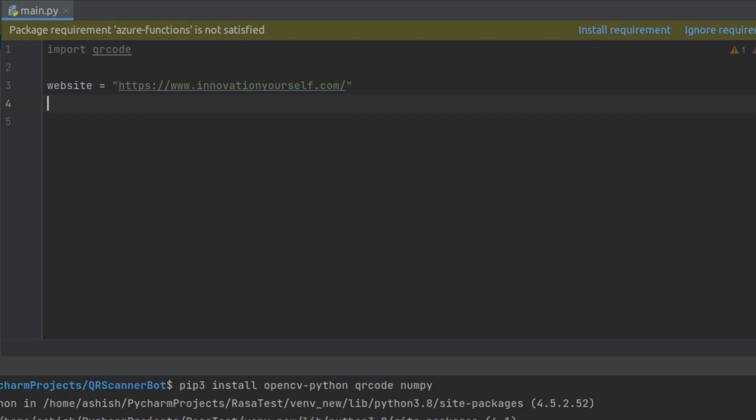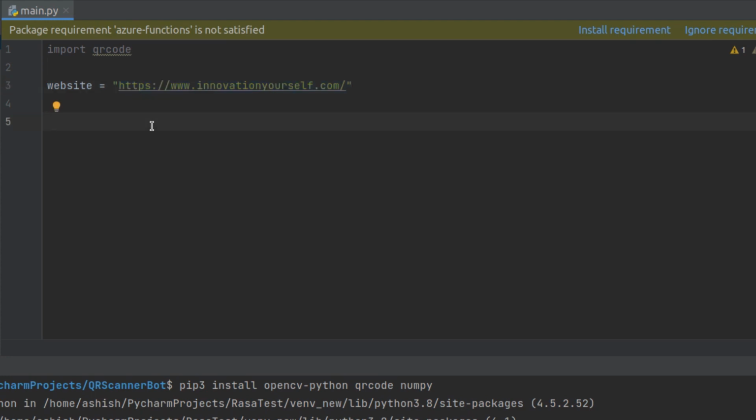Now you have provided the data, the next thing is that you have to provide the file name. And what file name am I talking about? I'm talking about a file name in which I will be having my QR code, because right now we are just generating a QR code, so that whenever I scan that QR code, I will be redirected to this website which I have provided. Currently I'm adding this website just for demonstration purposes, but when we will be linking it to the Rasa chatbot, we will provide the chatbot's website. So this is what we have done.